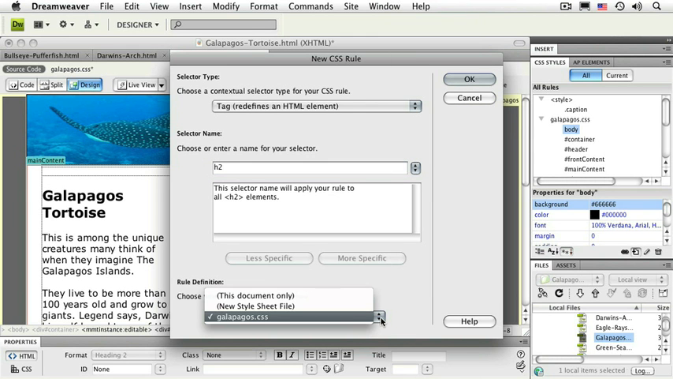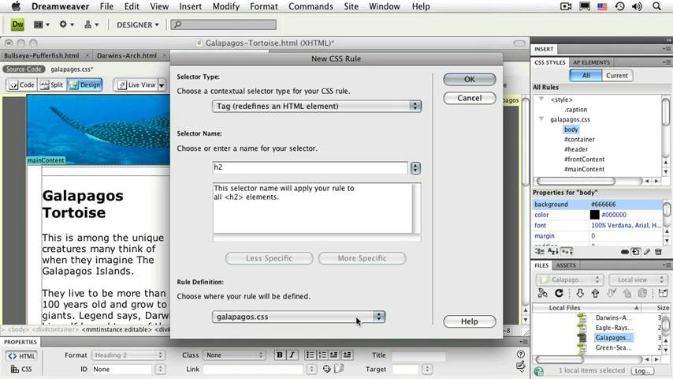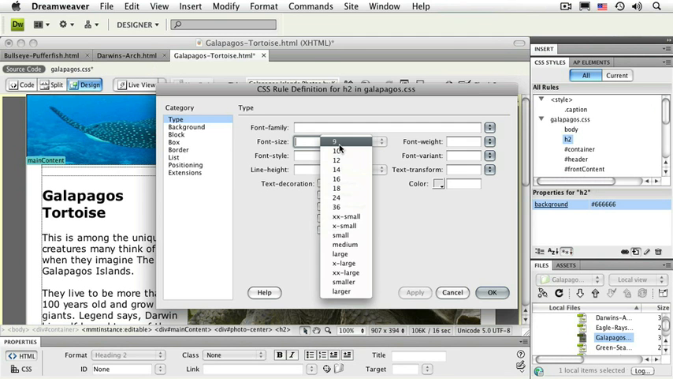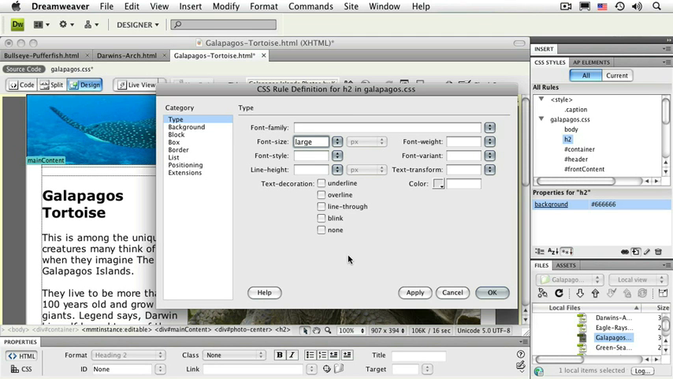And in this case, I am going to go ahead and include this new style in my external style sheet. So Dreamweaver's already selected the external style sheet attached to this page. All I need to do now is click OK. Now let's define a style for this. Let's make this one large instead of extra large. The H1 was extra large, so it would make sense that the H2 would be somewhat smaller,